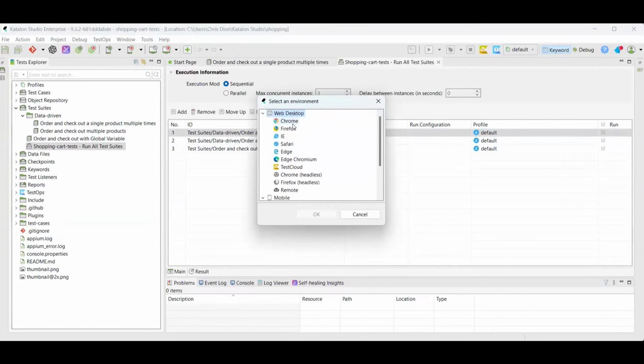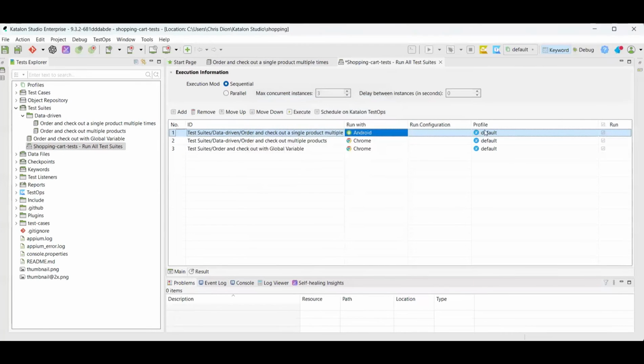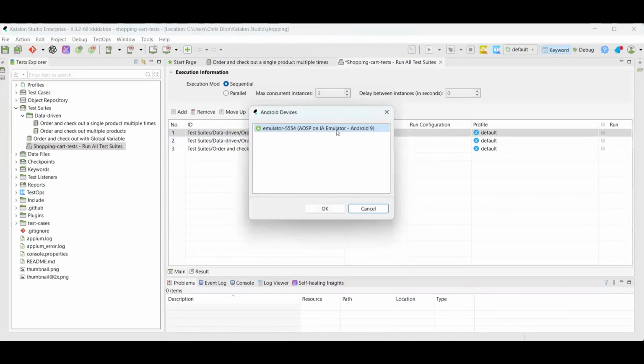So let's say I want to run this regression in Chrome. Another time I want to run the same regression, but in Firefox, Safari, Edge, etc. If I was to do mobile testing, I can easily just select this for Android. Let's just click down on Android. And then if I were to run configurations, I will then see the loaded devices that we saw previously selected